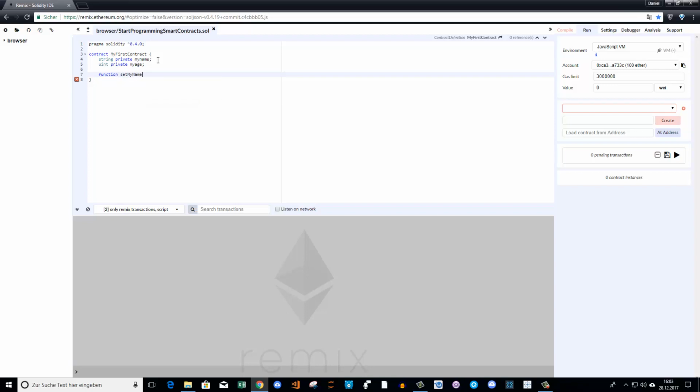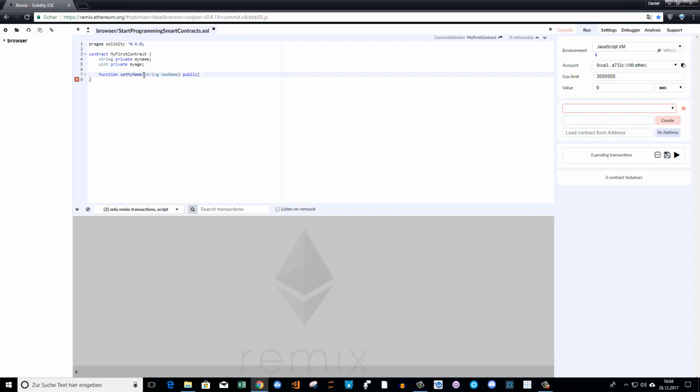And then I have to actually define the type of variable which I want to give this function. So when someone calls this function, I want him to be able to give this function a name, and then myName will be set to the name defined by the input of this function. So in order to do this I need to define a string, because I give it a string, and then I say, for instance, newName. Okay, I simply give the string a name, and I make this function public,